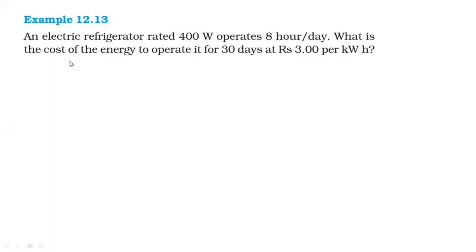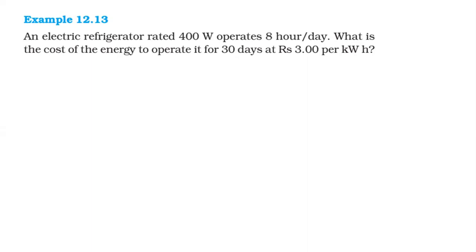In the same way, what is the cost of running this refrigerator for 30 days if the cost of 1 kWh, that is 1 unit, is rupees 3? That means they will give you a device, they will give you the rating, they will say for how many hours it is running in a day, and then they will ask the total cost of the bill for the whole month, 30 days, or they might give you a month like June. Then you can calculate with the help of your fingers whether it is 30 or 31, and then multiply it.